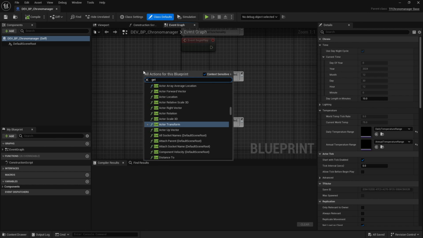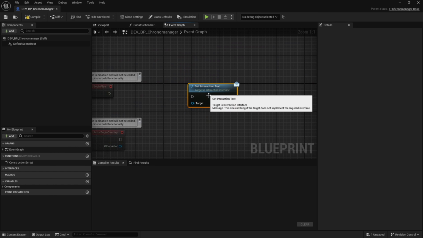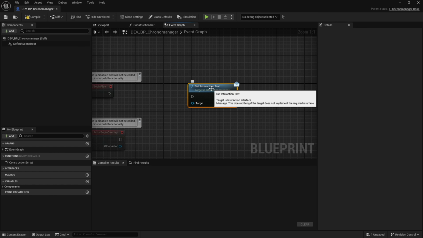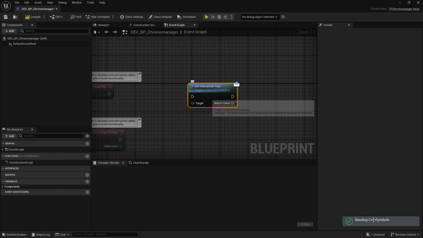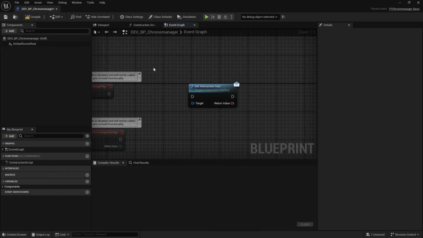So get interaction. So you have this here. So you get your get interaction text. It's doing all of that cast for you. It's assuming everything in there. Let me go into that. Oh, it's a C++ one. But yeah, so it's doing all that cast for you instead of going